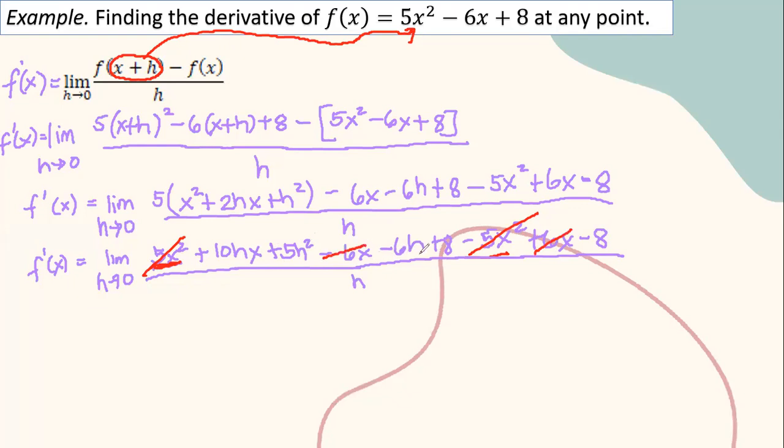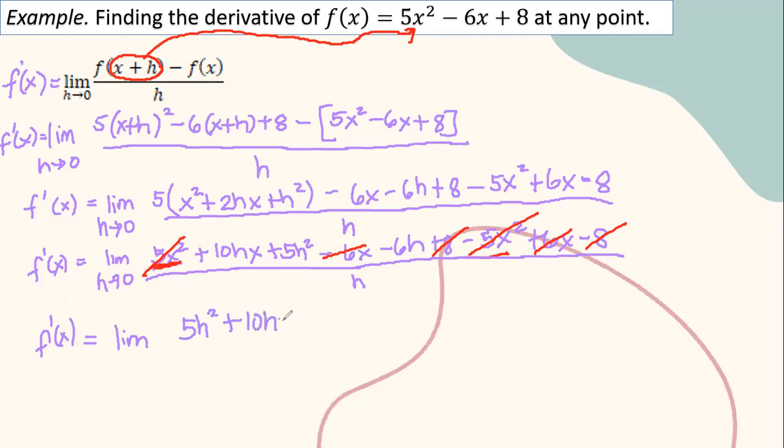Negative 6h, meron ba? So wala. So positive 8 tsaka negative 8 makaka-cancel out. Okay? So ang natira na lang sa numerator natin, we have the f prime of x that is equal to the limit of 5h squared